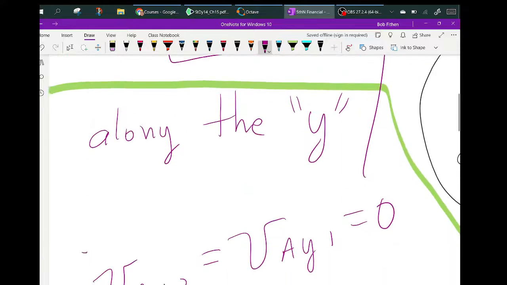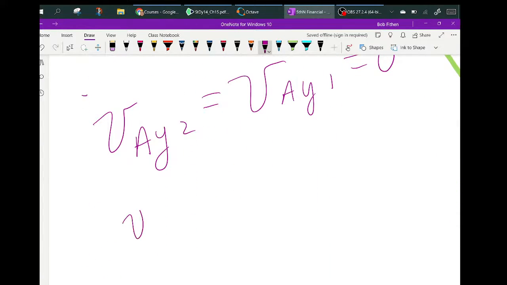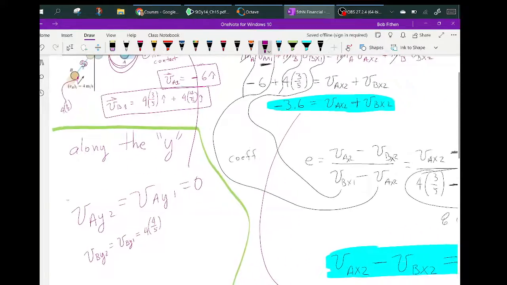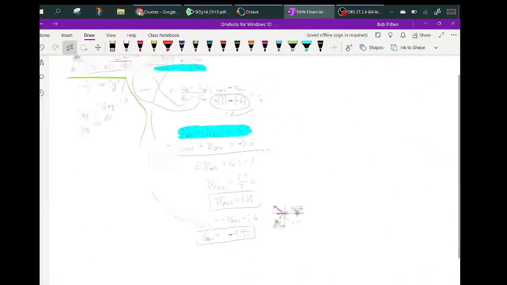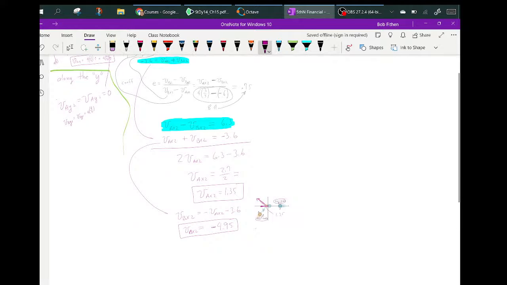So in other words, velocity B y2 is equal to velocity B y1, which is equal to 4 times 4/5. So in effect, the velocity A at 2 would be just simply this,